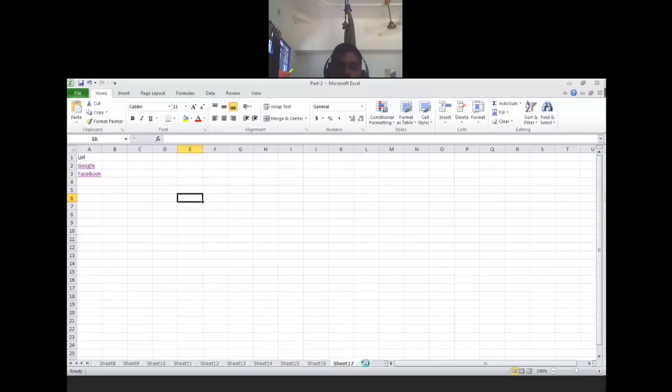Fourth is COUNTIF. COUNTIF basically is used when we have some report. From the report, how many items, how many numbers, or how many items are more than 10,000, I want to list out, I want to count. For example, let's take employee salary. From employee salary, I want to count how many employees are getting more than 10,000 salary. For example, I kept the salary part.